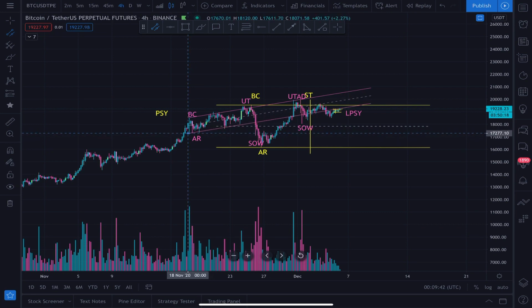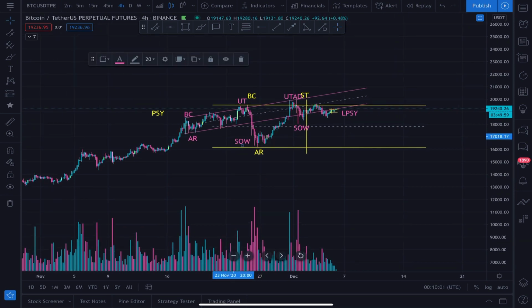And now this is kind of painting a little bit of a different picture. So here we have the buyer's climax and automatic reaction, kind of setting the width of the range. We then consolidated inside, we made it above, and after we got above, we fell through for our sign of weakness. You can see the sign of weakness right here. So really big sell-off, came on a lot of volume,